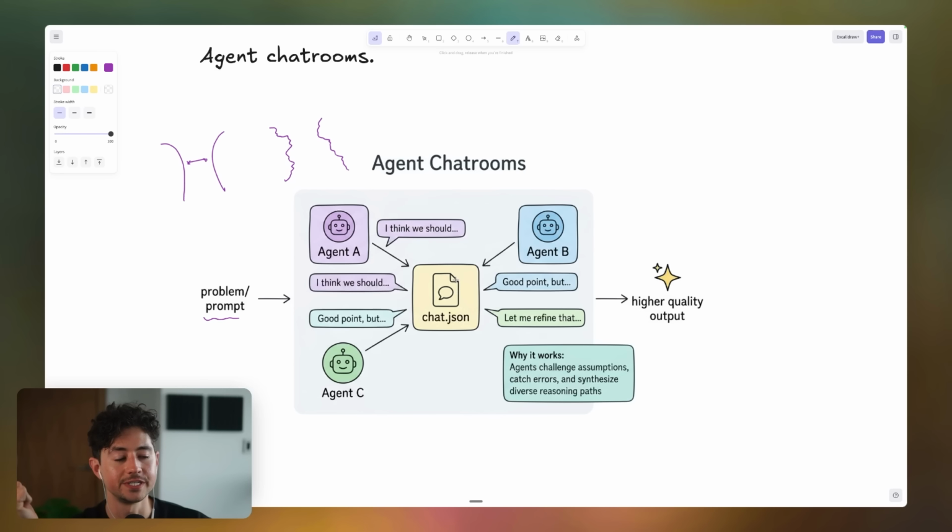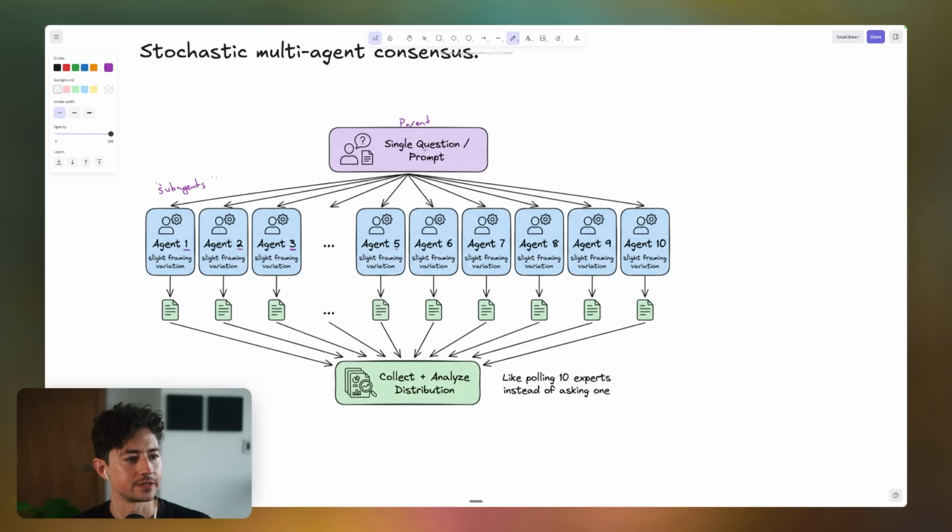They will significantly improve the probability that you catch errors. And then this chat.json ends up being quite a valuable resource because it also shows problem solving and stuff like that. You can then give that to an orchestrator and ultimately receive higher quality output at the end. And so it's sort of similar to what we had earlier, right? It's just instead of operating in parallel lanes, what these agents are doing is they're actually talking back and forth with each other. And so they're actually capable of having these conversations.